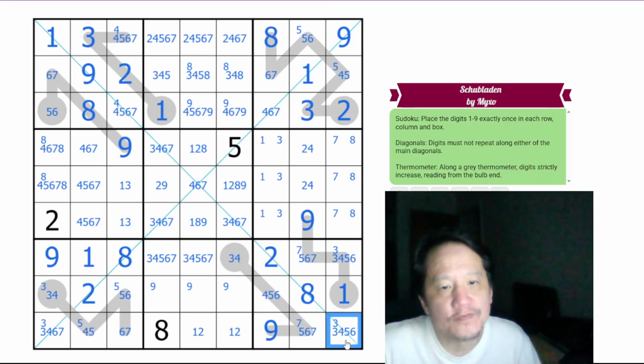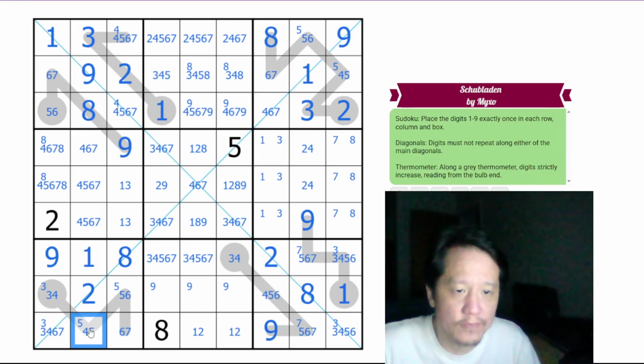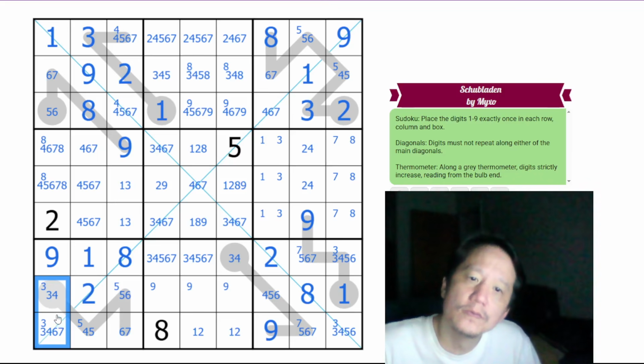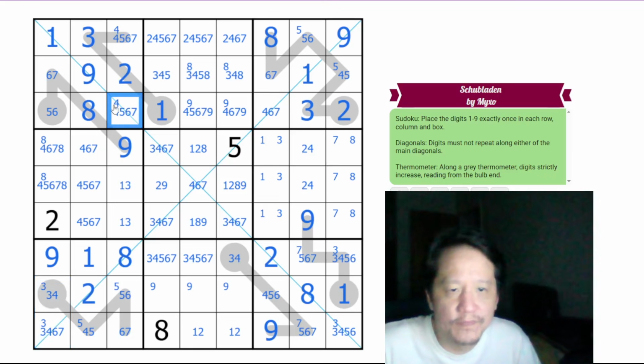One of these is a 5. If this is 5, that makes this 6, 7. And then this would have to be 5. And you have 3, 4 as a pair here. Does that help? I don't know. If this is 5, this becomes 4 and then 3. That would be 5 here. So either this is 5,